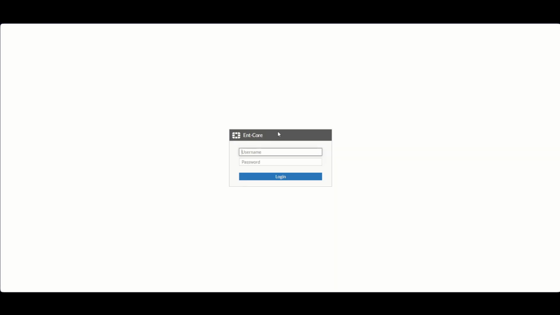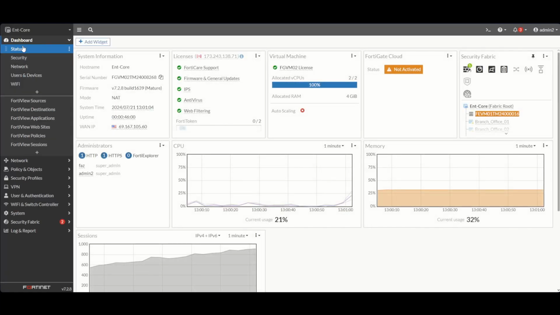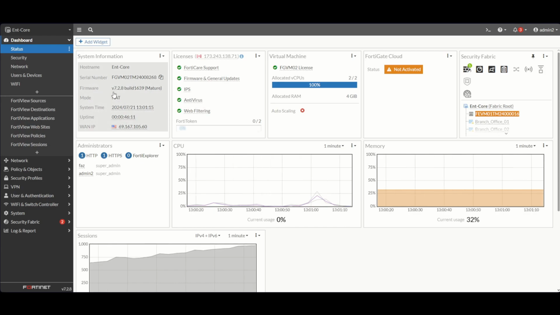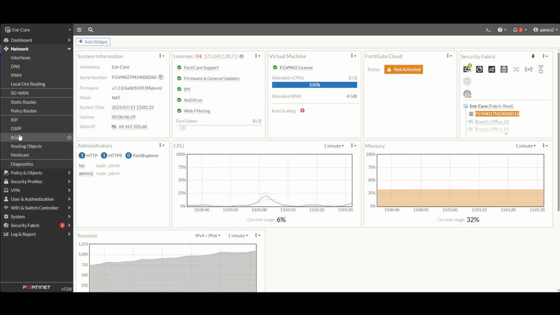Alright, so we can see our firewall is back up. Let's go ahead and log back in. And if we look at our dashboard status, we can see our firmware version is now 7.2.8. So after upgrading, it's always best practice to just double check, make sure that firmware version is what you intended it to be. And then it's also best practice to just review functionality, just making sure firewall rules look good, VPN connections are up,